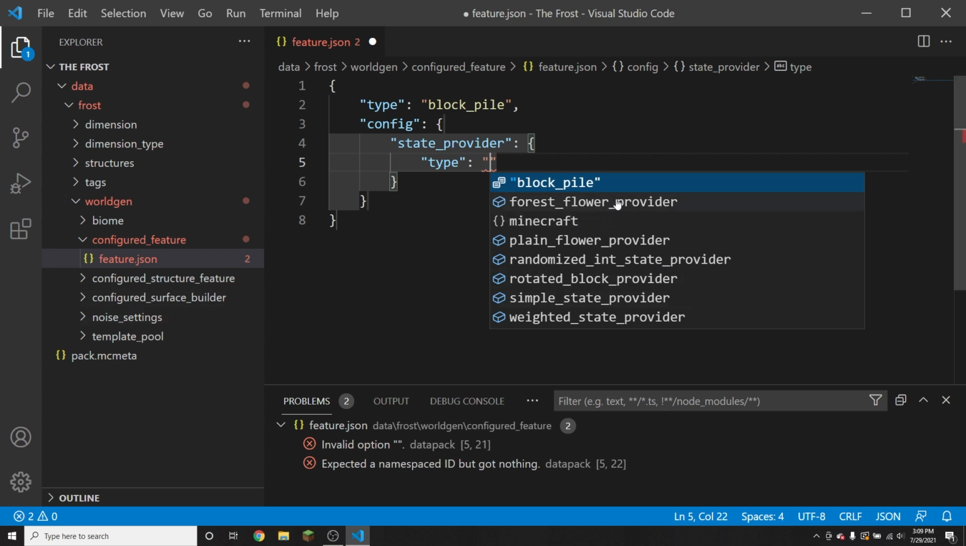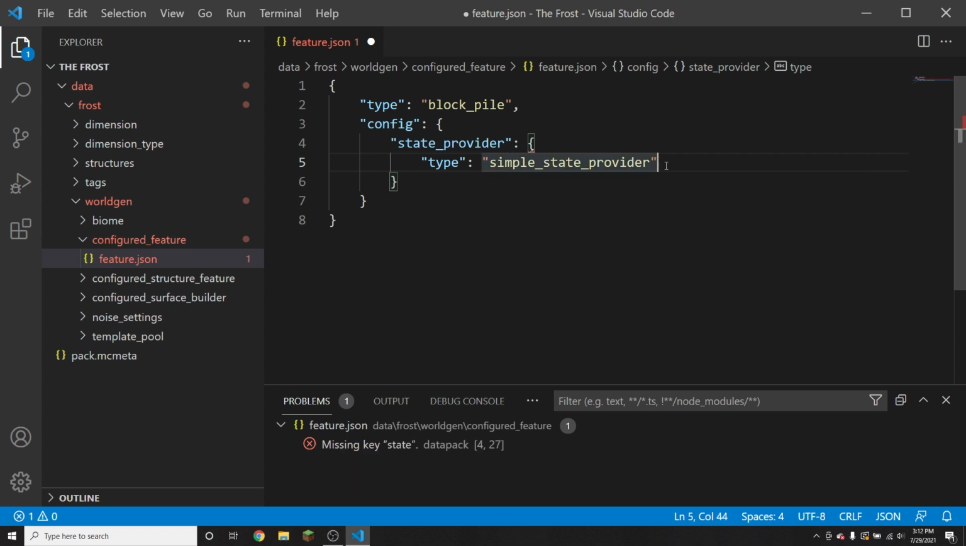It can be forest_flower_provider, which just generates forest flowers. It can be plain_flower_provider, which just generates plains flowers. It can be rotated_block_provider, it can be simple_state_provider, or weighted_state_provider. There's also randomized_int_state_provider, which is more complicated. The way that the game uses it is randomly choosing the age of glow vines to generate in lush caves, which don't exist yet. So the first one I'm going to go over is simple_state_provider,